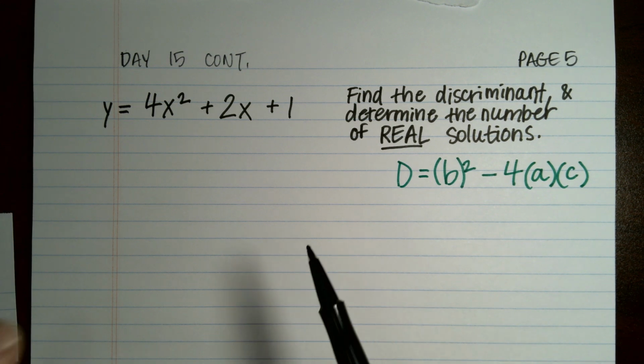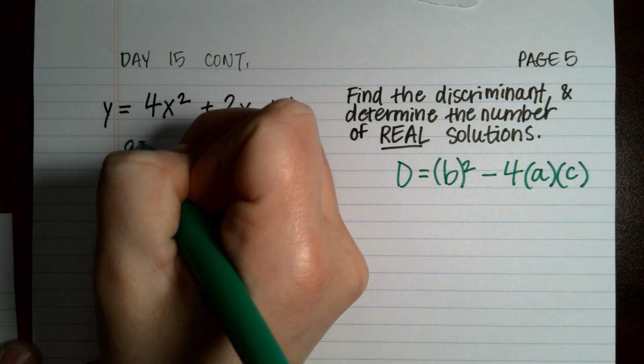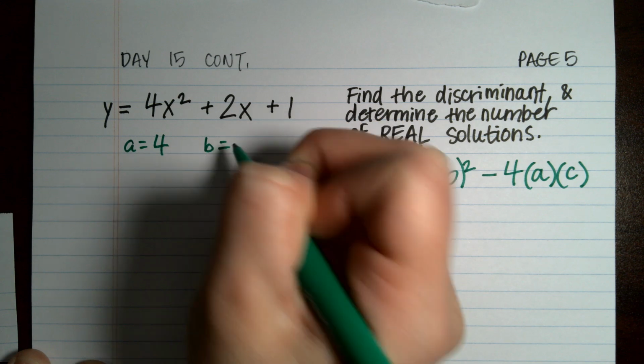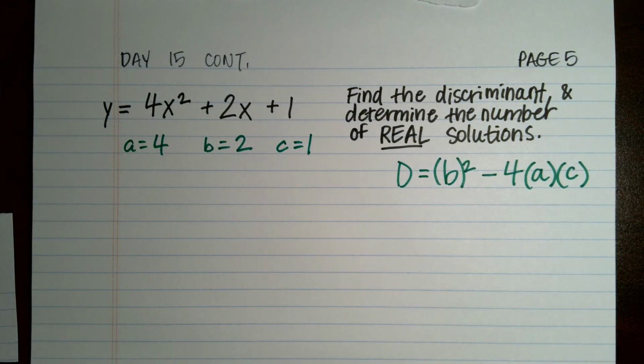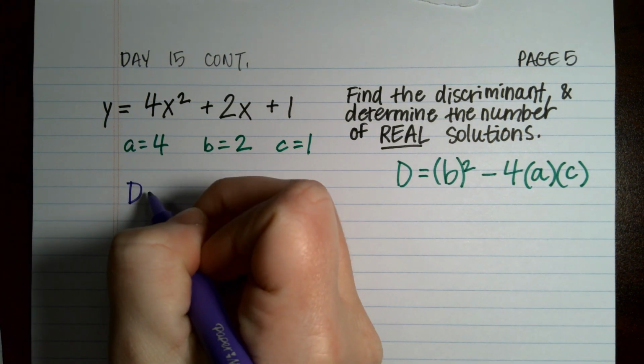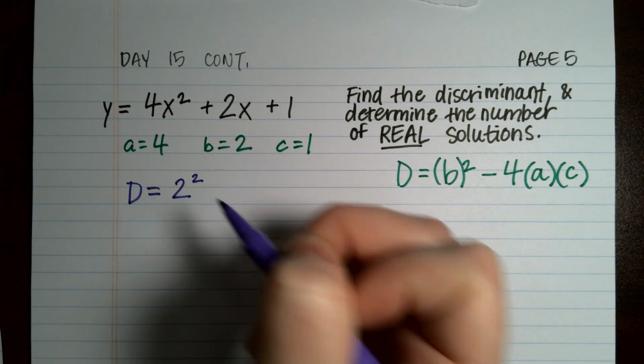All right. So, what's the first thing we need to do here? Identify your A, B, and C. What's our A? Your A is 4. Good. What's our B? 2. And what's C? 1. Good. Okay. Let's plug those numbers in. D equals b squared. So I have D equals 2 squared